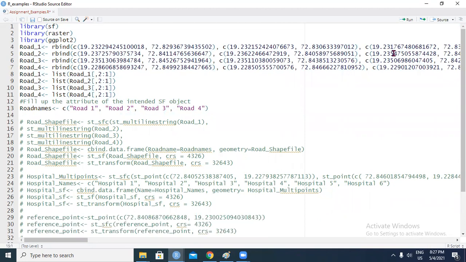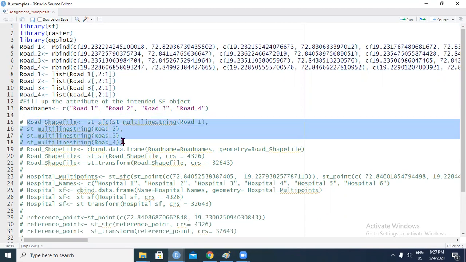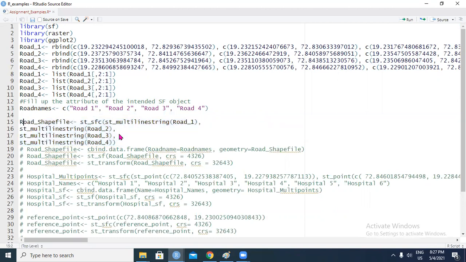So I'll just comment out this part. Okay, so what you do is you use the st underscore sfc function, and within that you basically take these lists. So it's st underscore multi-string road 1, st underscore multi-string road 2, road 3, and road 4.